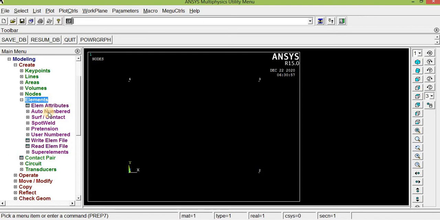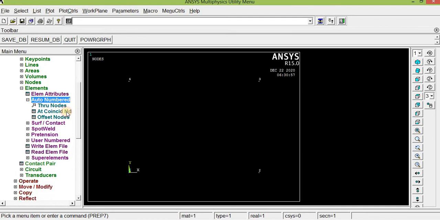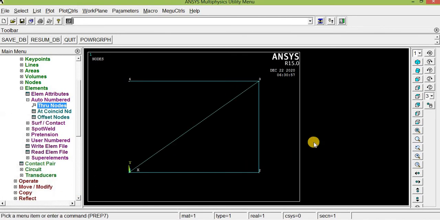Here you can find auto numbered, so click that. Through nodes, we are going to draw lines. So click node 1 and node 2, apply, then node 2, node 3, apply, node 3, node 4, apply, finally node 1 and node 3, OK. So as per the example, the truss has been created.